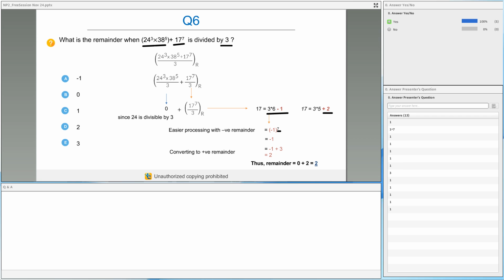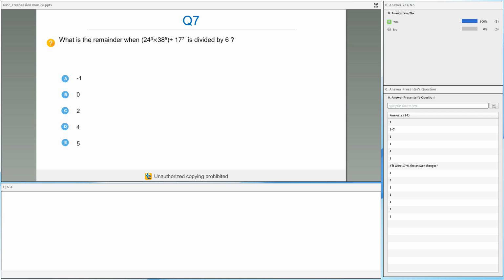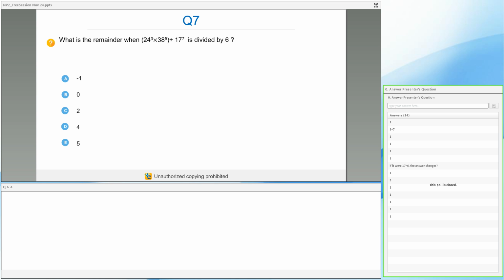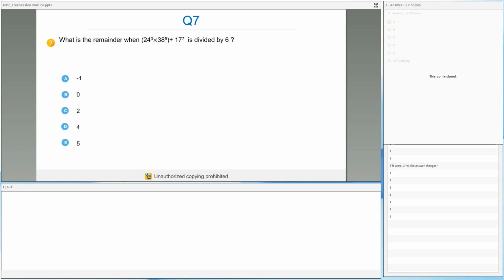That's it. Okay. Now let me tweak this a bit. I hope this is perfectly clear. So I've just changed a few things here. Now tell me what will be the answer. And once again, please take your time. Make sure that you get this one correct. After this, we'll be moving on to DS questions.